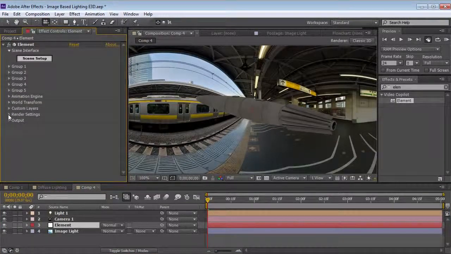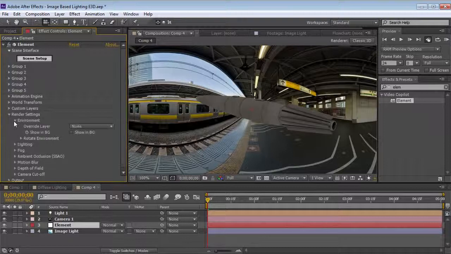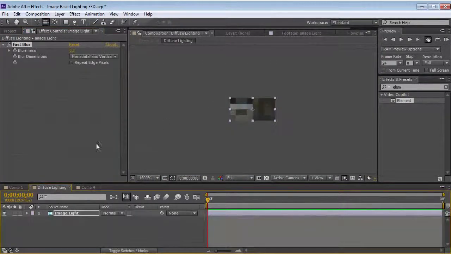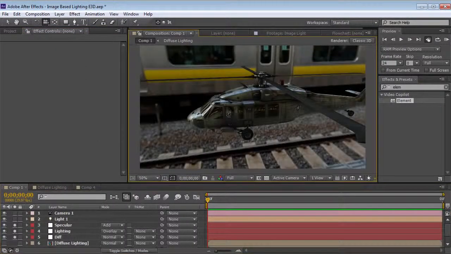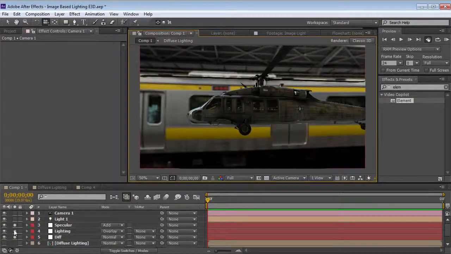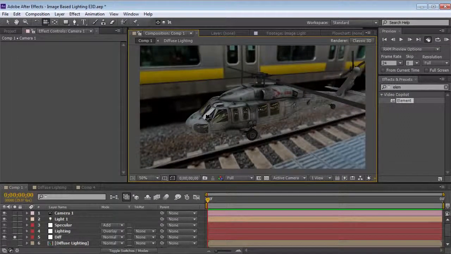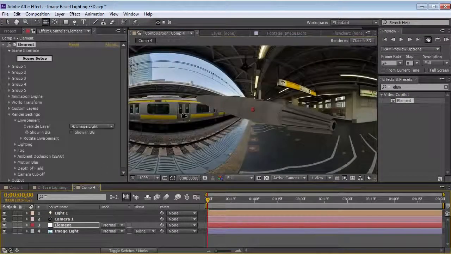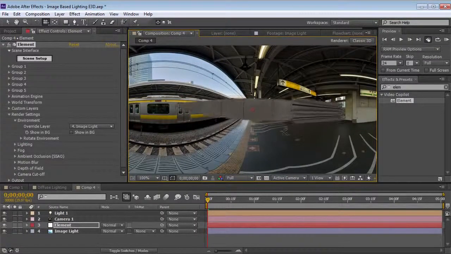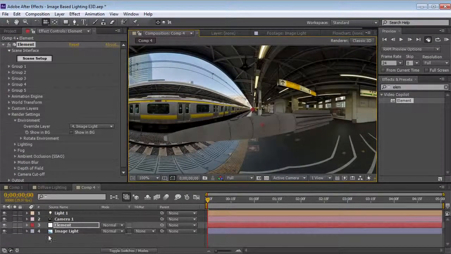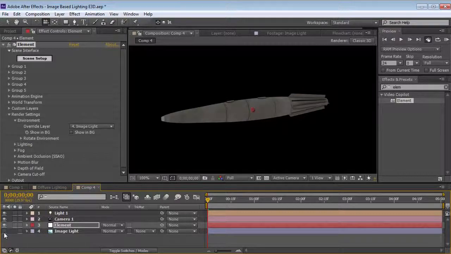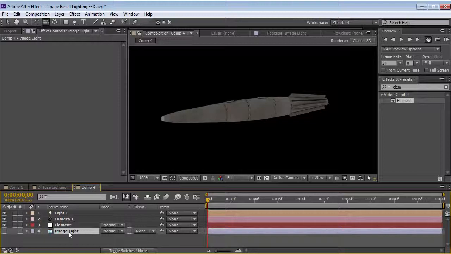So we'll come down here to the render settings, environment, and load the image. So if we happen to have an object that has reflectivity, in the case of the helicopter, the windows are reflective, but the body is flat. So we definitely want to use the environment map as the reflection map so that any parts that are reflective will reflect. However, to create the diffuse lighting, what we're going to do is take the image light and duplicate